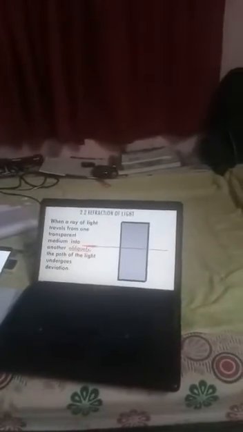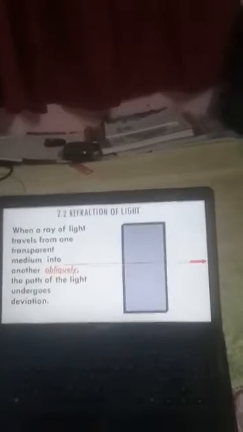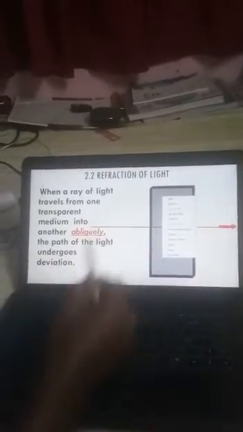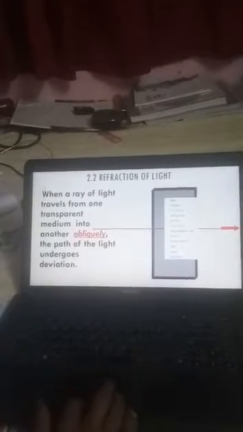Refraction of light. When a light ray travels from one transparent medium to another obliquely, that is slanting, here you have to observe very carefully, the path of the light undergoes deviation. But in this particular diagram, if you observe,